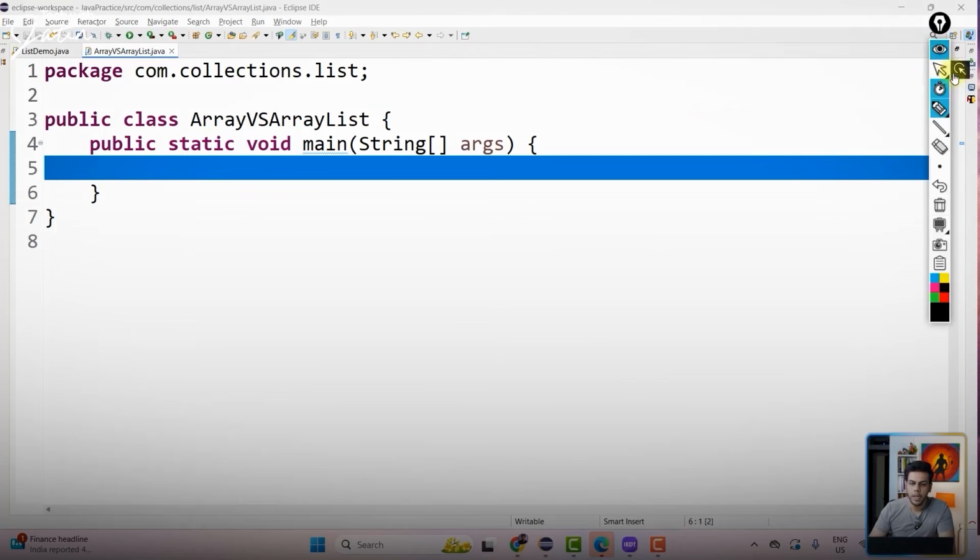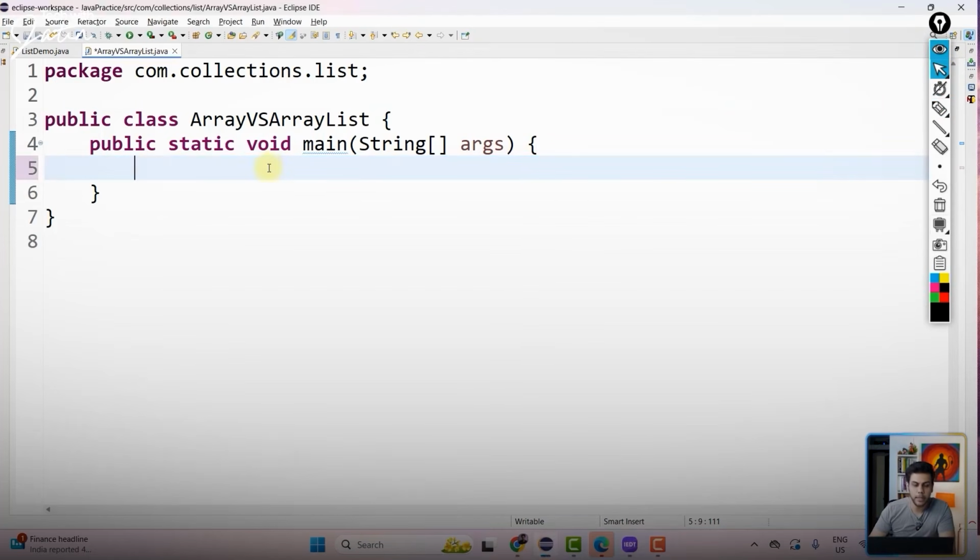All right. Now, guys, the next thing that I want is for you to create an array. Let's say I want to create an array of integers. So let's create an array of integers. int, numbers. What is this? Reference variable equal to new int of 10. This is how you create an array. Yes or no? This is the array creation.